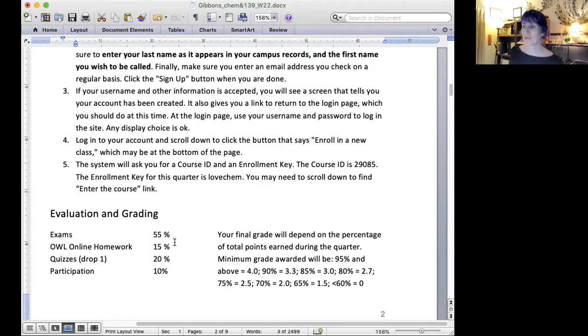All right, the homework is going to be 15% of your grade. The quizzes, every week there's not an exam, we'll have a quiz, and we will drop 1 quiz. And those will be 20% overall. And then there are some participation assignments, and those are variable and they're easy peasy. That's really just to float your grades up and to keep people engaged. So we'll talk more about what's involved in participation. And then we have our grade scale. This is the minimum grade for that percentage. So depending on how everything goes, sometimes I might give you a higher grade.